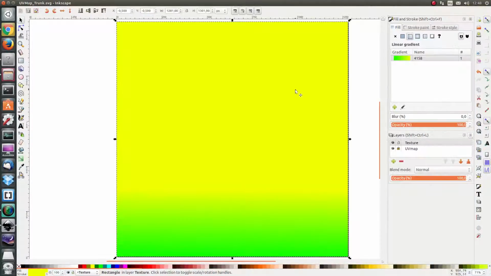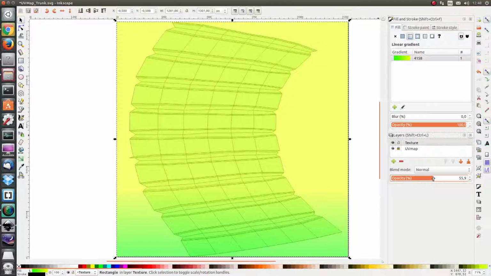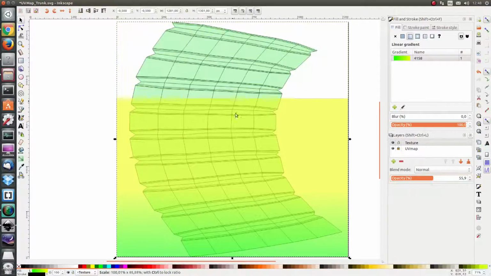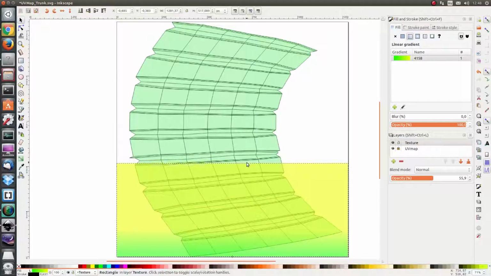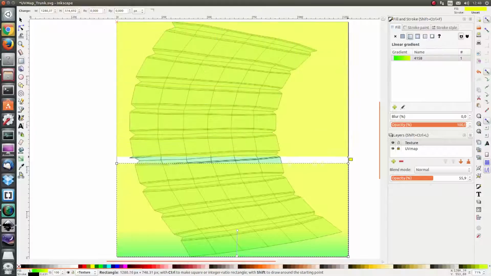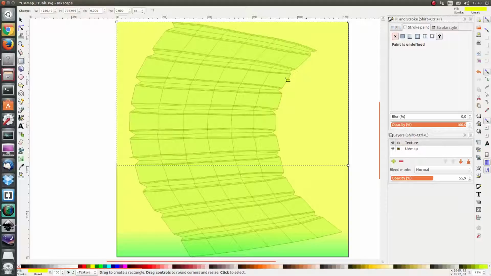So first of all, let's make this layer a little bit transparent, and here we have our issue. So let's resize the square a little bit and create another square which will have the same color as the top part. And here